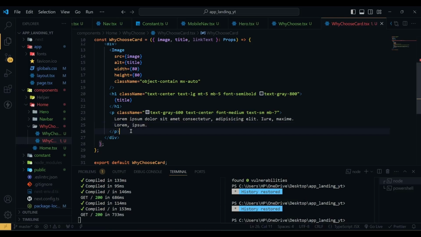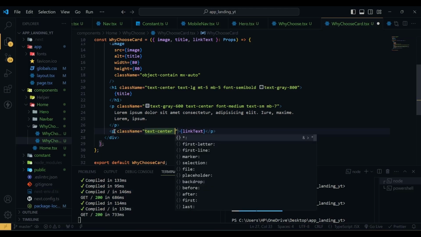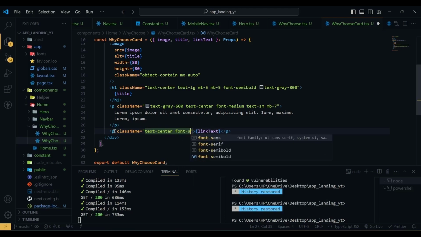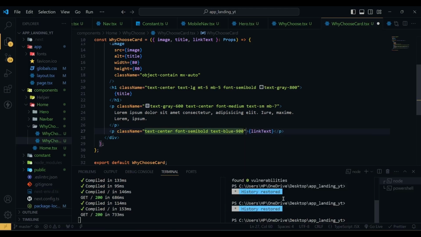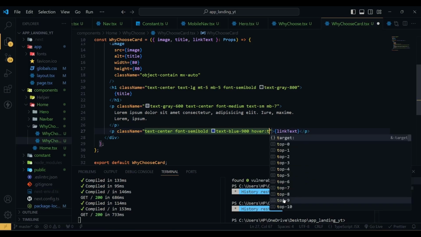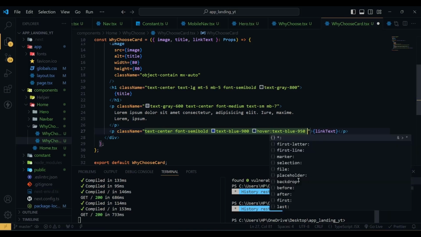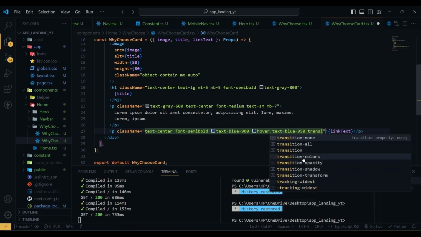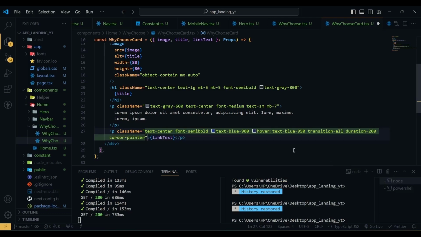So for this we are going to use another p tag with our link text, and this p will have a class name of text-center, font will be semi bold, text will be blue 900, on hover we're going to use text blue 950, and transition will be all, duration will be 200 milliseconds, and cursor will be pointer. Now if I hit save,